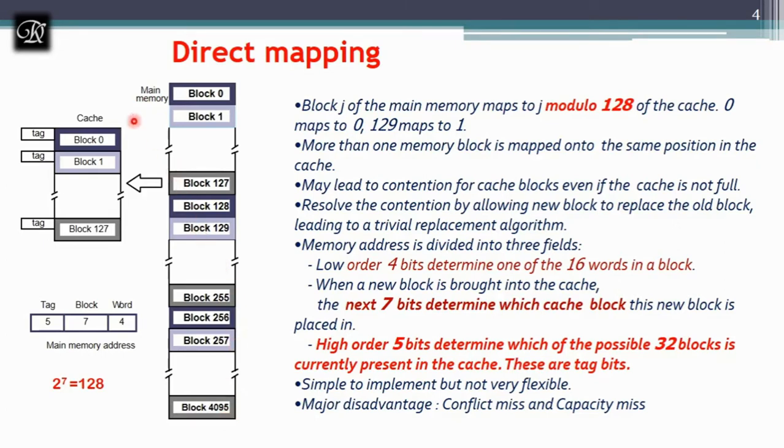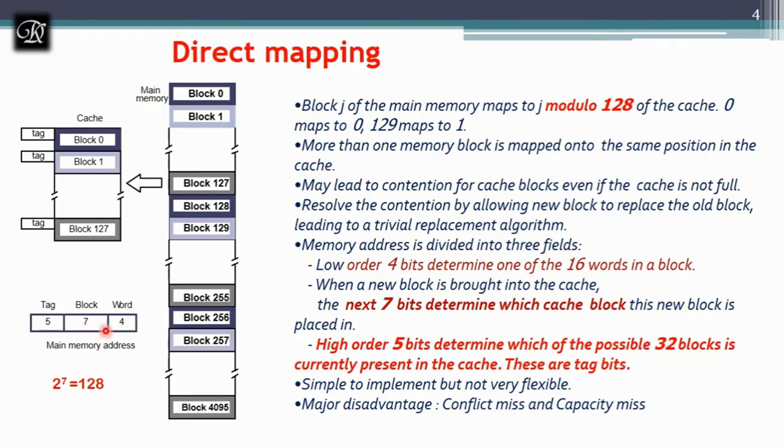And when it comes to cache, I'm having 128 blocks according to the discussion. That 128 ranges from 0 to 127. Out of the given 16-bit address, what I'm going to do now? How am I going to divide the address? The word size, whatever I said, it is 16 words. That is standard even in main memory, even in cache. So 4 bits are reserved here. I won't change them. The remaining 12 bits.